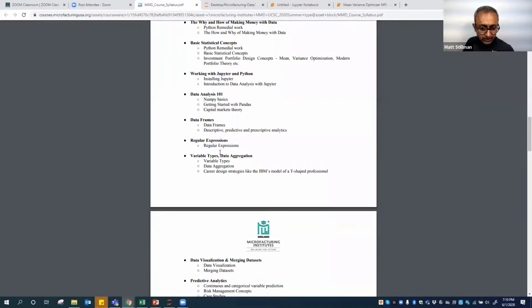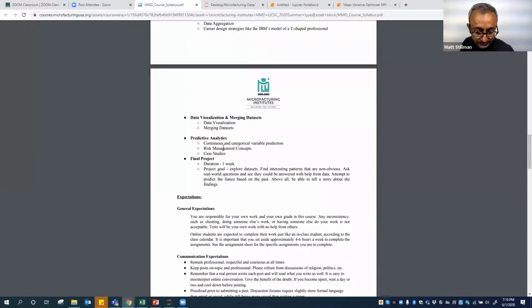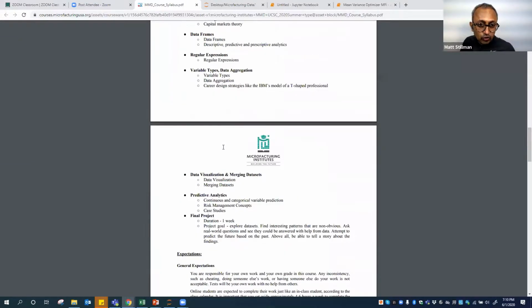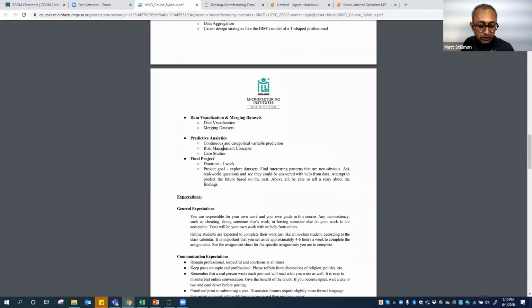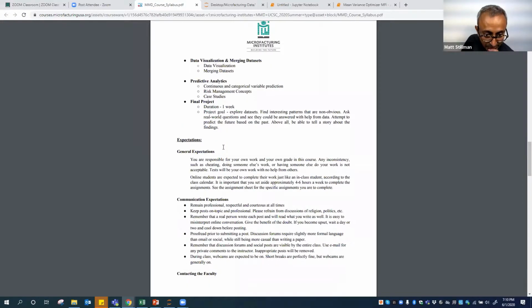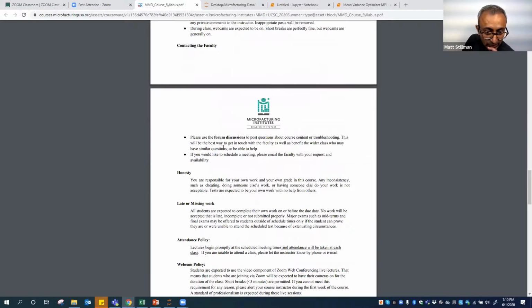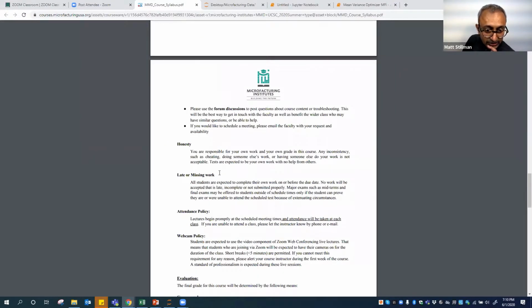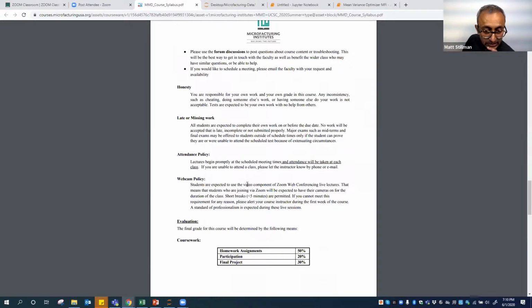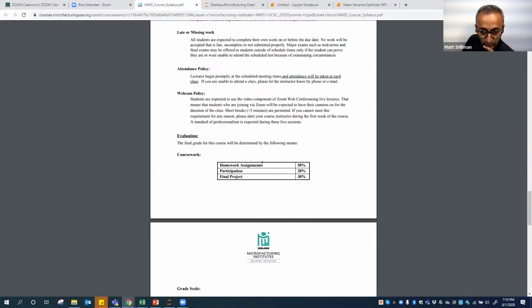And so this is a brief overview of what different parts of the course are going to cover, okay? And the rest of the stuff is a little bit of housekeeping in the sense that, of course, honesty and late work and everything is going to be important. Okay. The most important thing, okay, so the first 2 weeks we are going to have this basic Python review